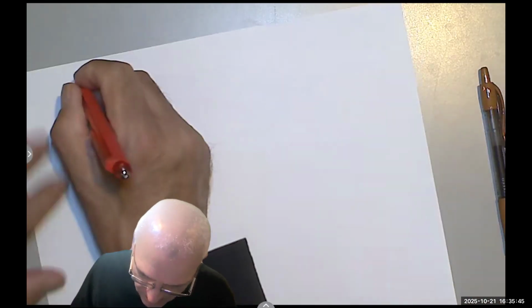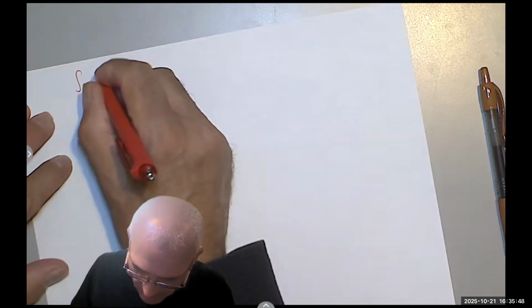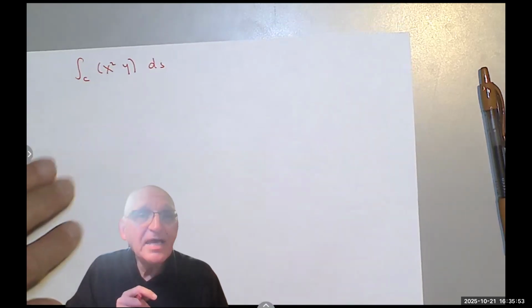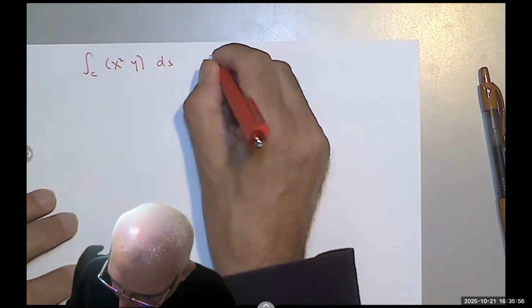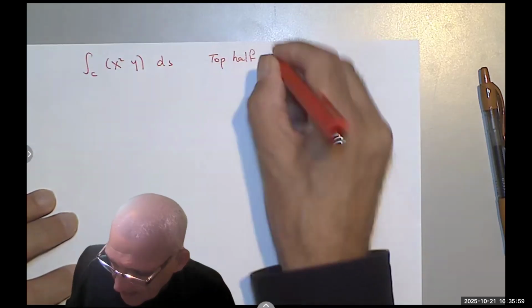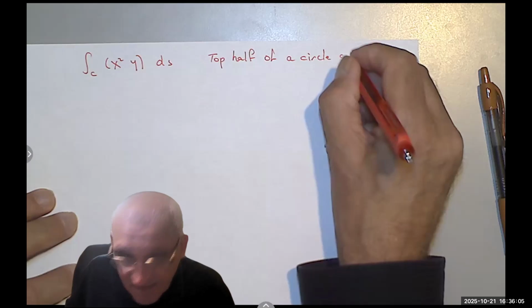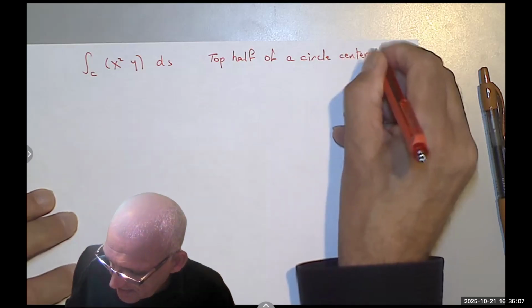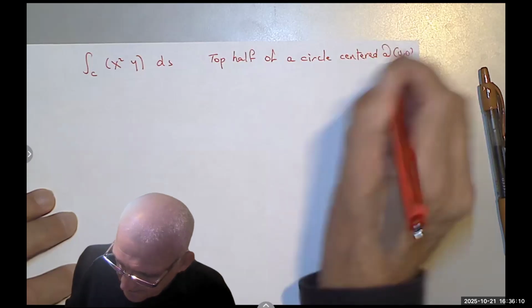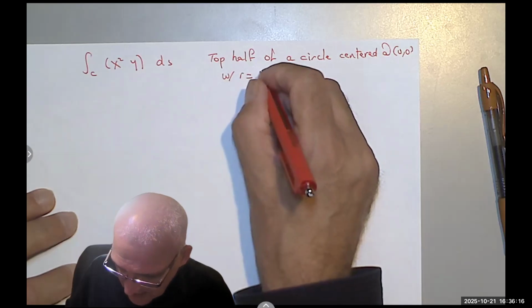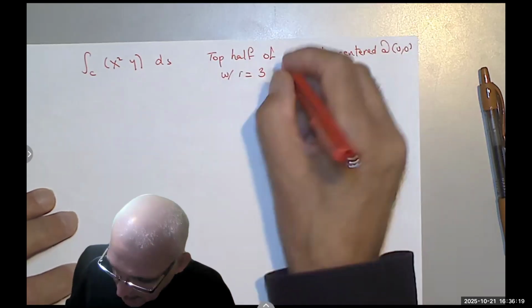Sometimes they give you, let's say you want to integrate x squared y ds, and your curve is the top half of a circle centered at the origin with radius equals 3, going